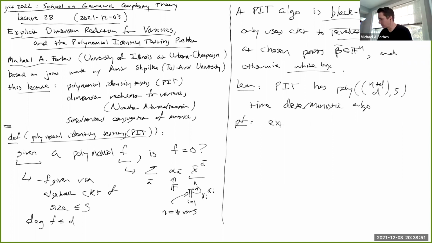We're just simply going to expand each of the S operations. Right, so we have an algebraic circuit of size S, and so there are S additions and multiplications and so on. So expand the result of each of these operations into the N plus D choose D